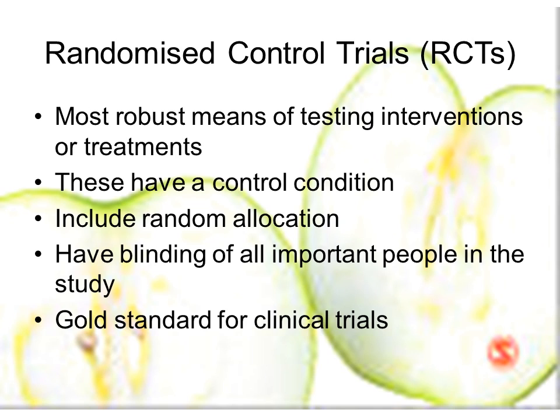They have blinding of all important people in the study, so people that are actually conducting the study and people that are important in the study have no idea who's being affected, who's getting the treatment, who's not getting the treatment. It's usually considered the gold standard for clinical trials, meaning it's the most predictive, and that we come up with